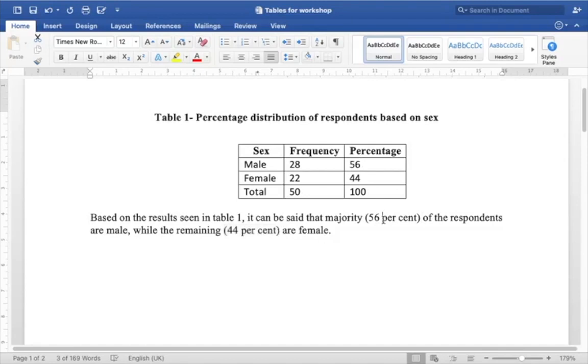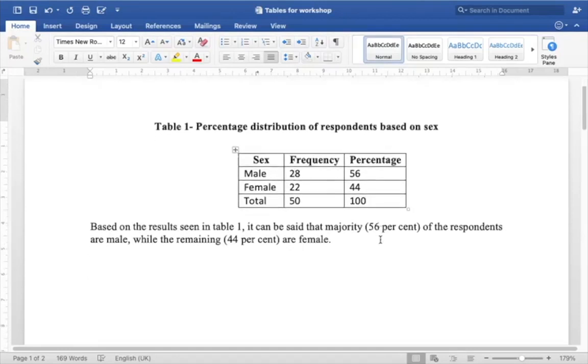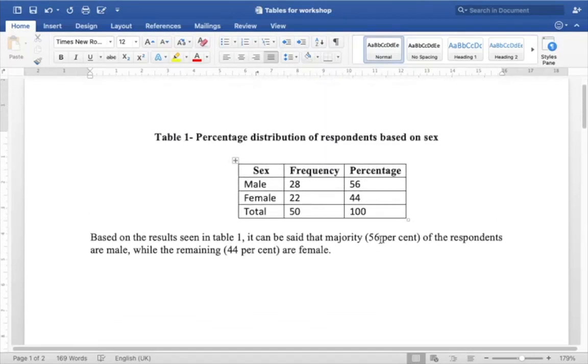Another way, some people will say a little more than half of the total respondents, because 50% is half. If it is 33%, they will say 1/3 of the total respondents. If it is 66%, they say 2/3 of the respondents. So, there are different ways in which you interpret the data, but this is a very simple, easy way to understand. Then, like ma'am was telling, you can also insert a pie chart or a bar chart. I would suggest a pie chart, a very nice, easy way to understand.